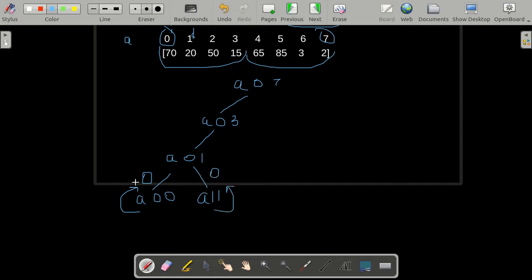Now the element that we were working over here was 70, and the element we have been working over here is 20. Now over here we will apply merge on these two subarrays and we will calculate the number of inversions when these two arrays are merged.